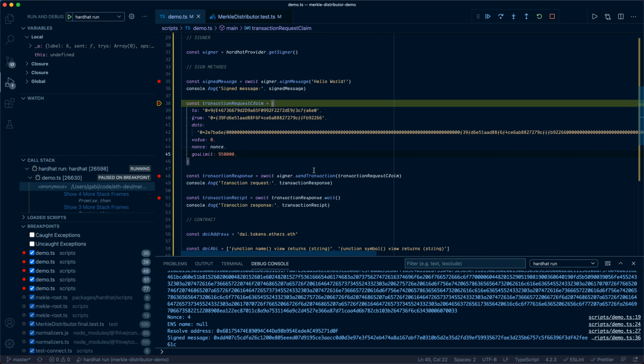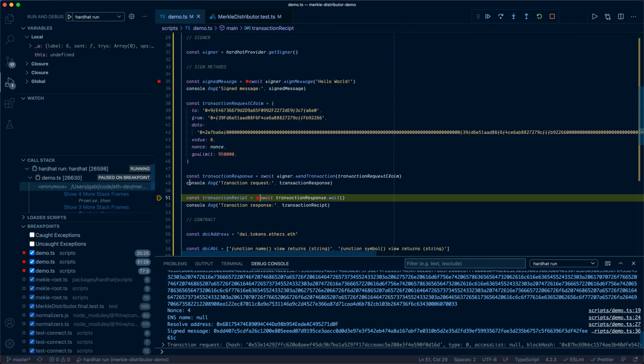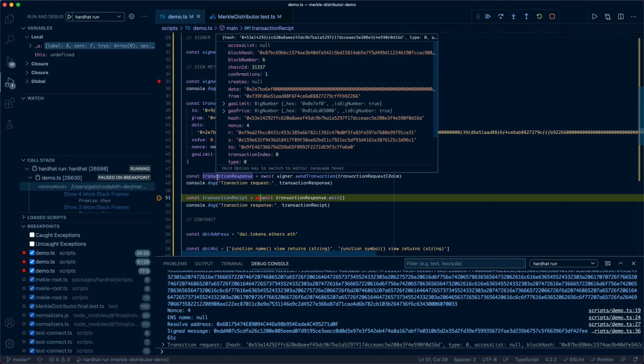Once we send the transaction to the blockchain, we will get back a transaction response object, and as we can see here, we have a transaction for a claim of the contract we will be interacting with. We will be getting a transaction response that we will see now, and the transaction response has the following